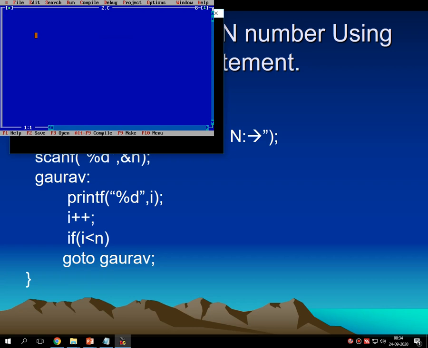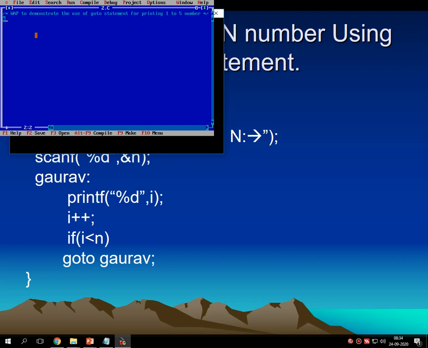Then there is a comment: write a program to demonstrate the use of go to statement for printing 1 to 5 number, and the comments get over.